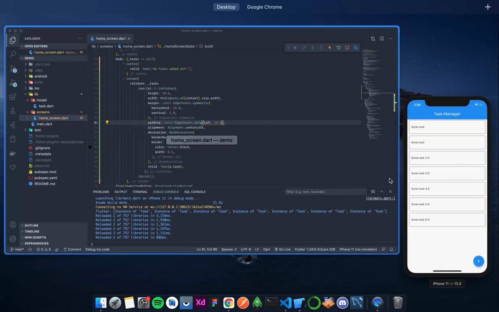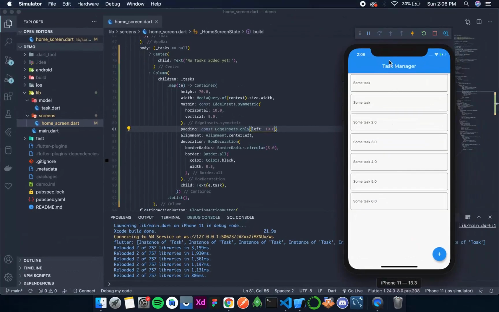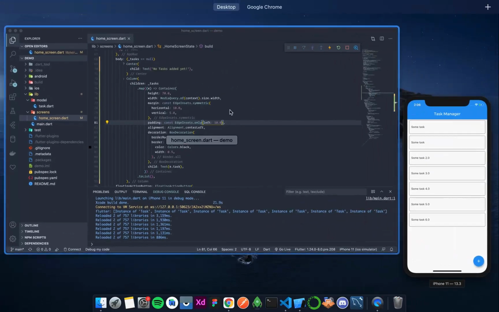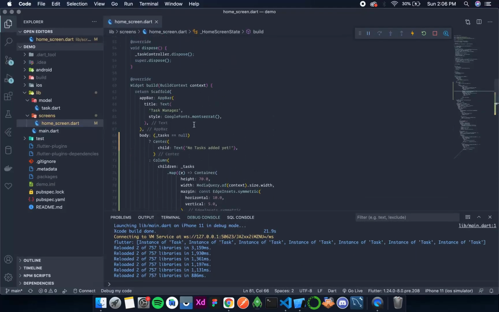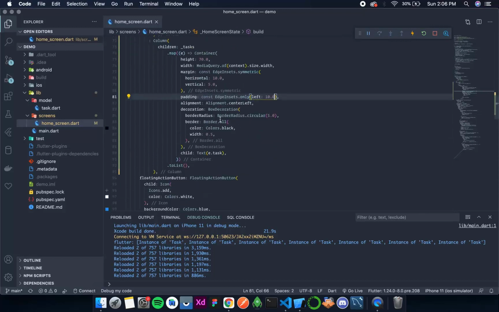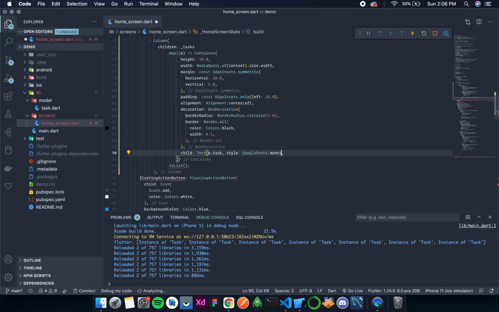Okay, now I think we were using the font Montserrat over here. I think yes, so we are using Montserrat, so I need to add that over here as well. Style, GoogleFonts dot montserrat.